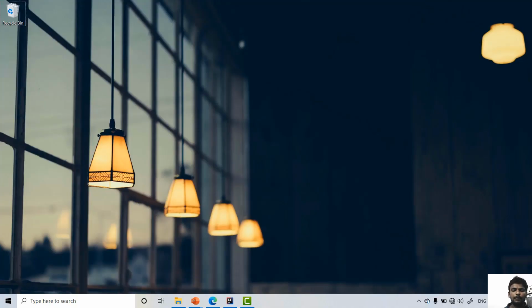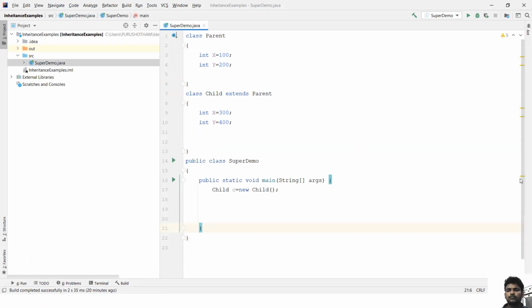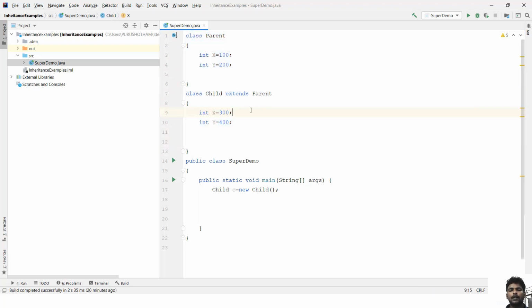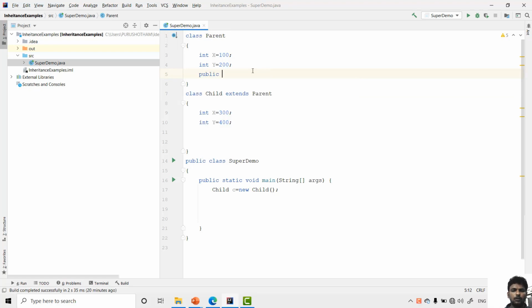So the same example here I'm taking, and suppose I have an example. In this example I have two classes again, the parent class and the child class, and here we have a parent and child relation with the extends keyword. Now I have a method, public int add method.